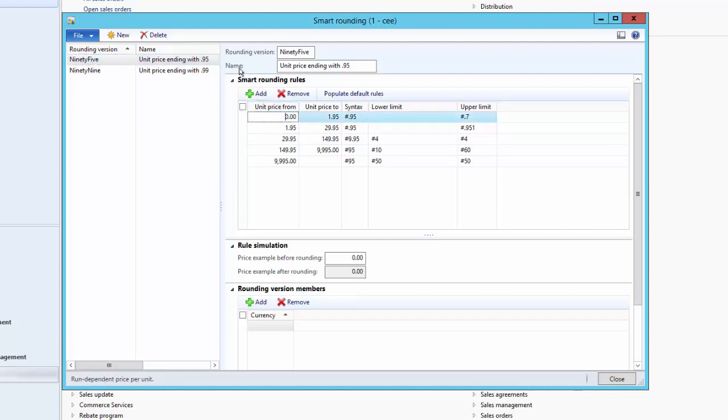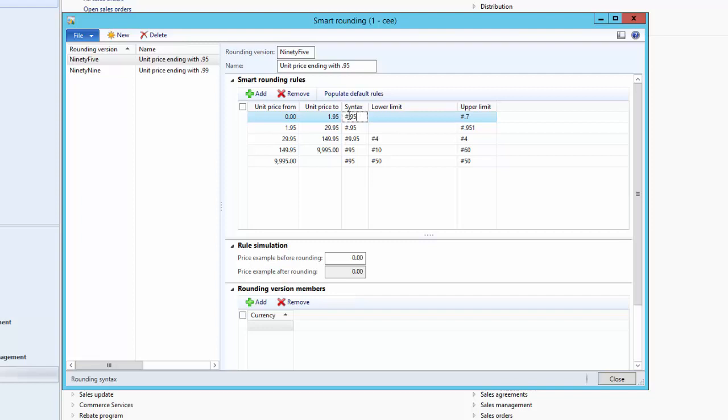So here under the smart rounding rules first tab, in this grid we can first define the unit price range. Here it says that for a unit price falling between 0 and 1.95, this smart rounding rule will be applicable. So in the first two fields we define the unit price range, and then we define the syntax, how we would like to round down or round up this price.